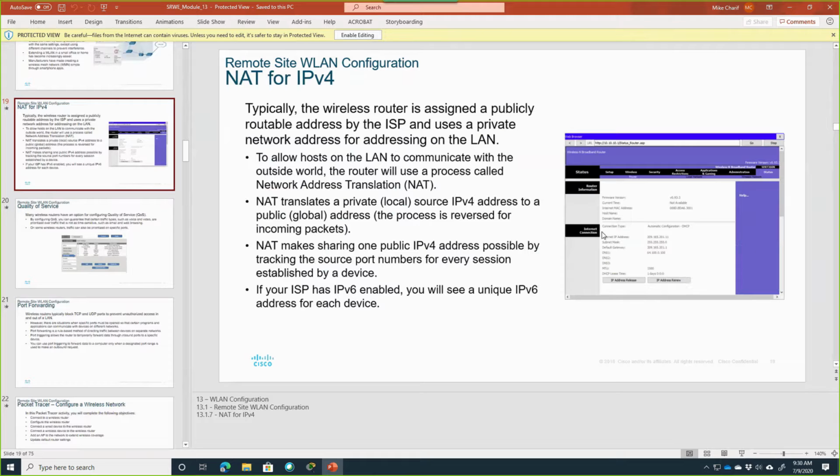This looks like a Linksys router. You can do NAT, network address translation, so you can go between private to public. You need to create a pool of public addresses, and you need to create access lists to say which private addresses we can translate. So it's a lot of process. But in the Linksys router, it's easily done because you don't have to go through all this configuration. But in the Cisco router,